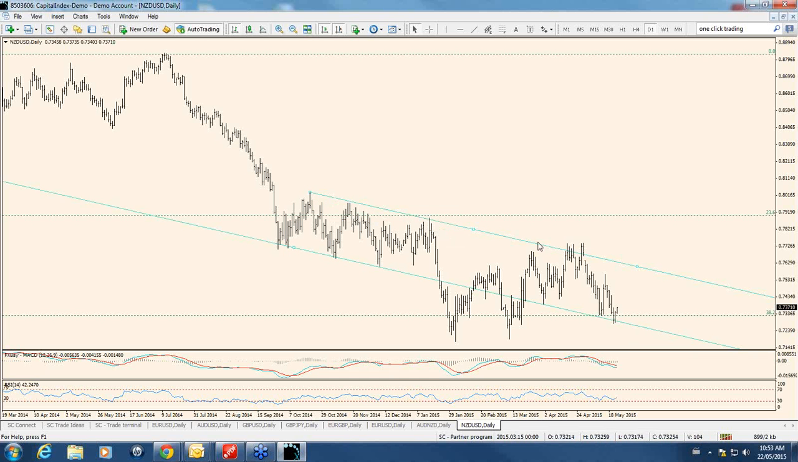See, there are quite a few touches. Here it broke through, but you can see quite a few touches in here. I don't always draw channels, but in here that's quite relevant and useful. And when I say there's a lot of touches, it means that